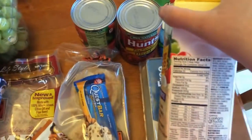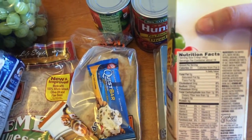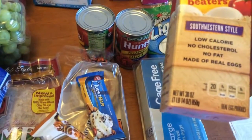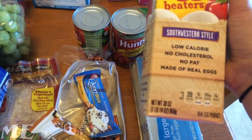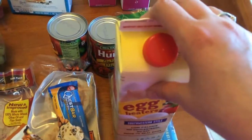But anyways, I don't know how many points these are. I'm sorry, I forgot to scan these. But these are just like the Egg Beaters. I believe 3 tablespoons is a serving size and it's 1 point. When I use this, this is the bigger one. Normally I buy the 15-ounce containers, but I didn't have any of those. I use that whole 15-ounce container to make 12 muffin cups, and you can have 3 of those for